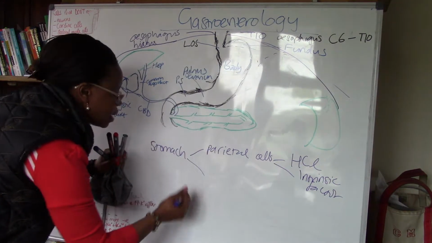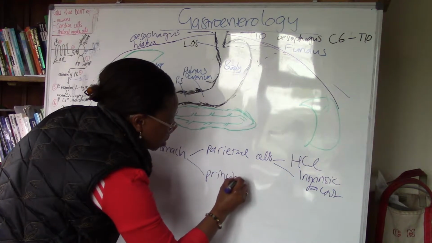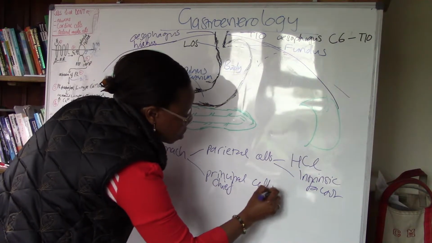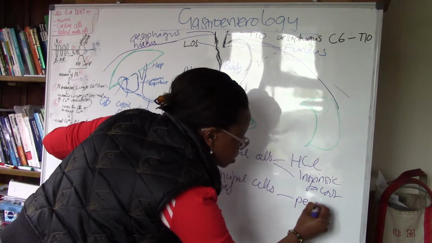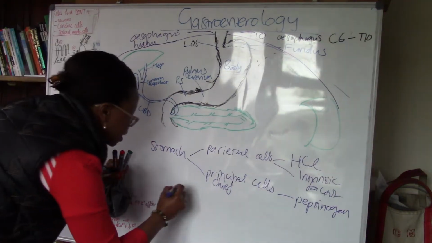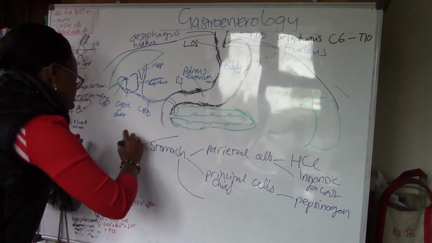And it also has principal cells, also called chief cells, which secrete pepsinogen. So all of this is the gastric juice